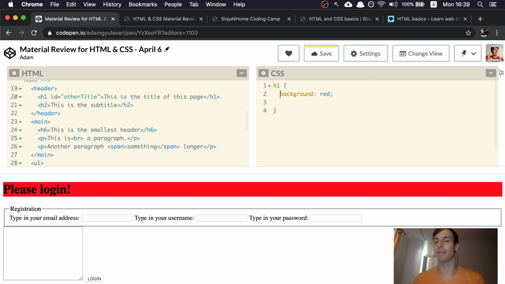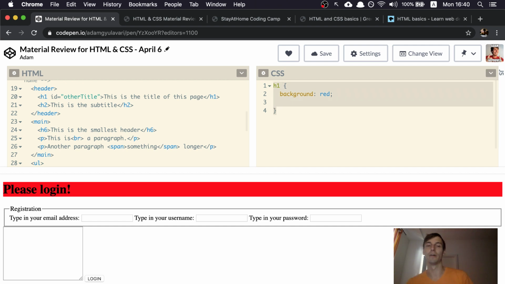The only thing that you need to remember is that you have the name of a property. This is called the property. And then a value for that property, and then a semicolon. And here is a colon, actually. So this is basically how a CSS rule is going to look,